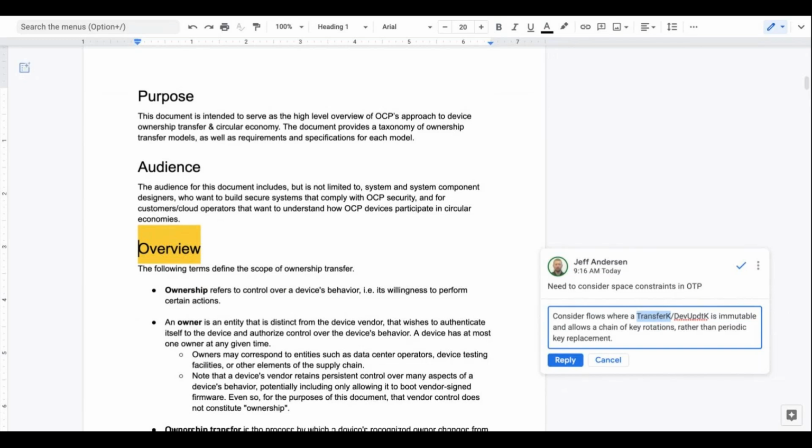Right. Which is basically this flow, but just putting transfer keys in ROM instead of leaving it wide open at initial manufacturing. You'll put an initial transfer key in.